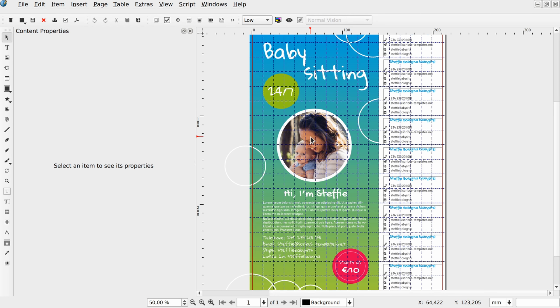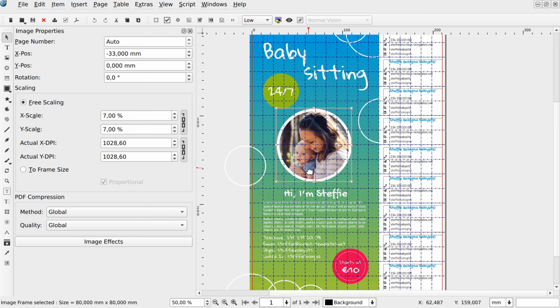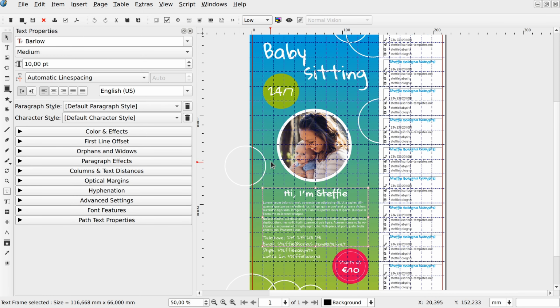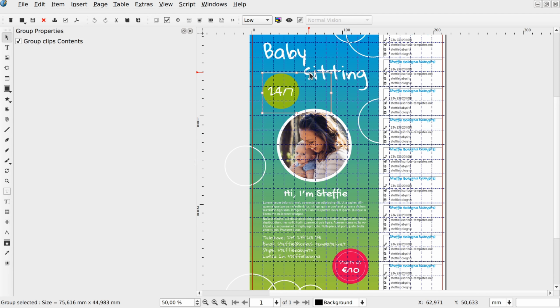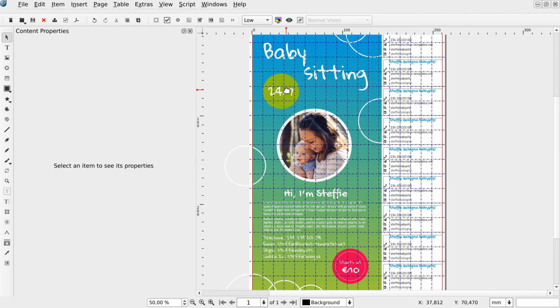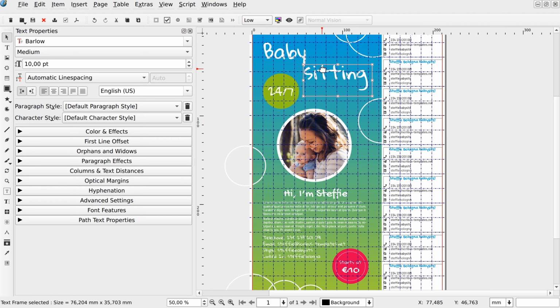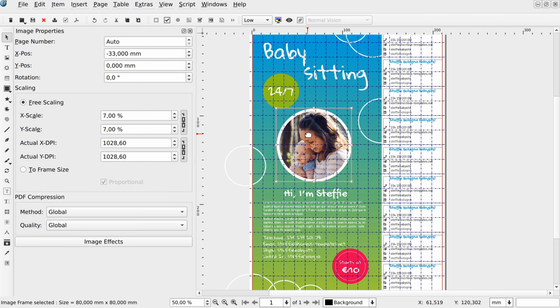Now when you select a frame, this dock will show frame-specific controls. If it's a text frame, you will see text properties. If it's an image frame, you will get image properties, and so on. The layout of the controls is pretty much the same as back when they were part of the properties dock. So it's really wide and obviously needs further redesign.